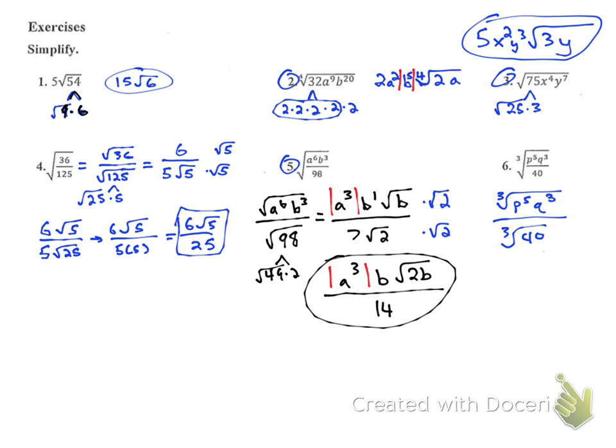So if we simplify the numerator, how many times does 3 go into 5? Once. And what's my remainder? 2. Good. And then how many times does 3 go into 3 with the q's? Once. Good. So we have pq times the cube root of p squared